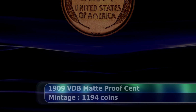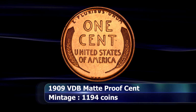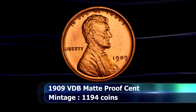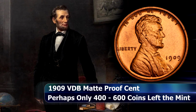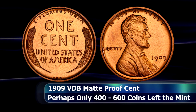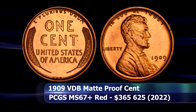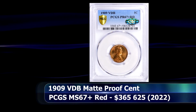$345,375. The 1909 VDB Lincoln cent matte-proof coin is, without a doubt, the scarcest of the early matte-proof coins today. However, why that is the case is not exactly clear. The mintage of 1,194 coins is not the smallest in the matte-proof run, as the 1916 and 15 both have smaller mintages and yet remain more obtainable today. This Lincoln cent is graded by PCGS as Proof 67 Plus Red, and at auction in 2022 it was sold for the sum of